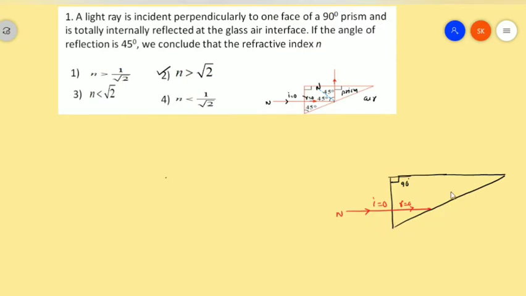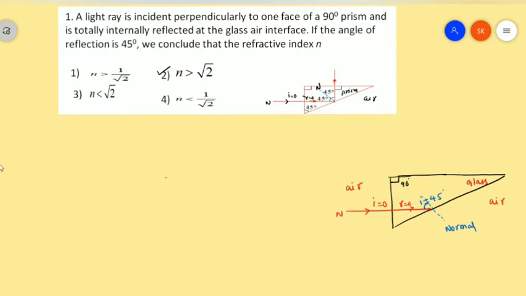At the second surface, the light is trying to move from the glass prism to air. Firstly it goes from air to glass, then it tries to move from glass to air. When it is trying to move from glass to air, we have to know the angle of incidence here. For that we have to draw the normal for this next surface. This is the normal, the blue line, and the angle of incidence here we can consider as I. From the figure, the angle of incidence becomes 45 degrees here.